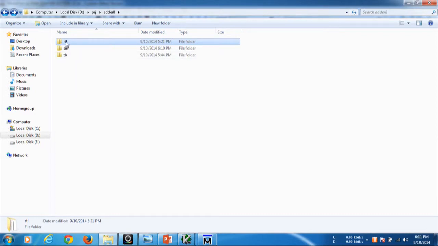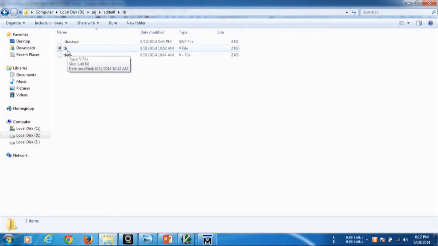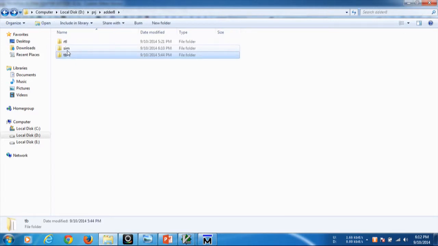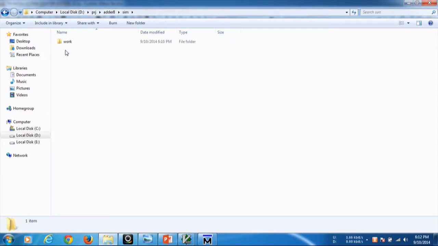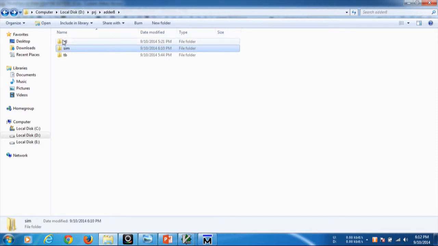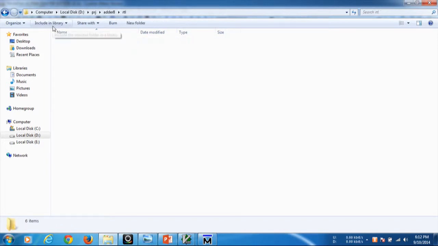After compiling the design in the RTL, you have to compile the test bench in the TB folder. At present we are in the sim folder. We have to move to the RTL folder and compile the two codes here, and again come back, go to the TB folder and compile this one.